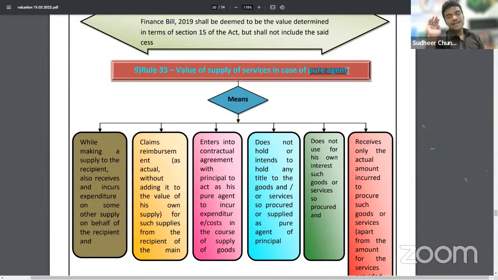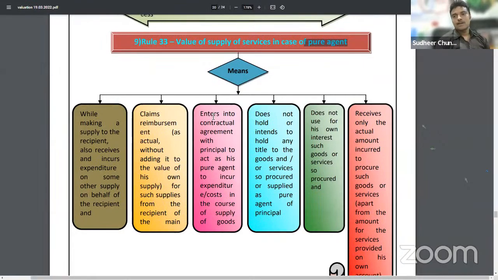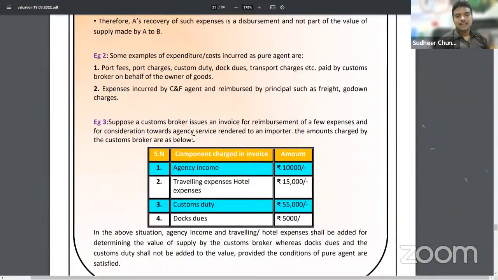Because sir, we are paying 60,000 tax now. Whose PAN number will be there? Client's PAN number. So that means it is the right of the client. So here if you see, for a pure agent, only on the additional amount we receive do we need to pay GST. Only on the additional amount. Let me show you one example, sir, for understanding sake. Here if you see,